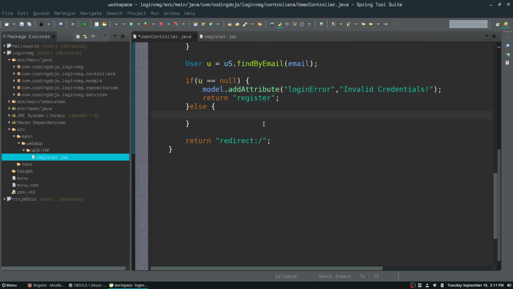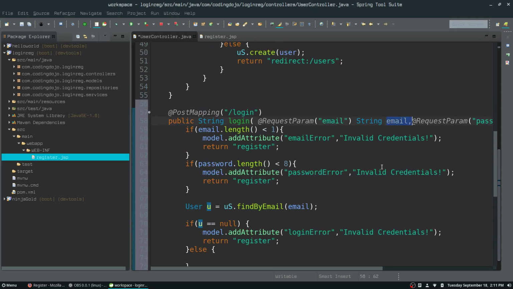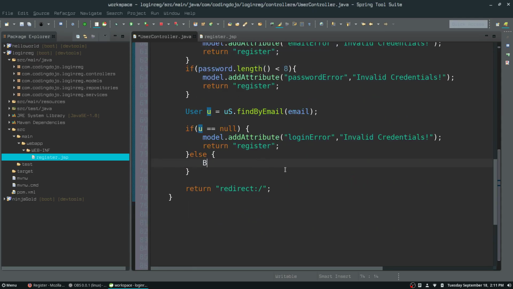So if this person does exist, we finally have access to this user. Call it whatever you want, we can just say user. So if this person exists by that email, how can I check that person's password that's on file, the hashed version, hopefully, and dehash it with what this person typed in up here? It should be a method something like